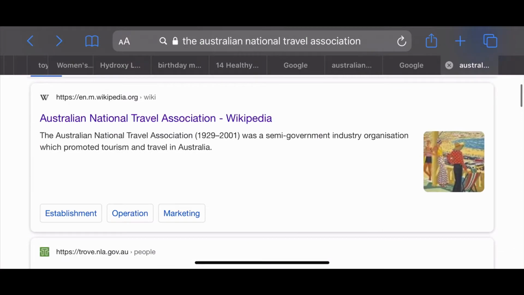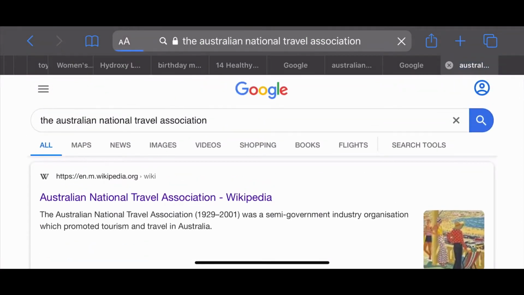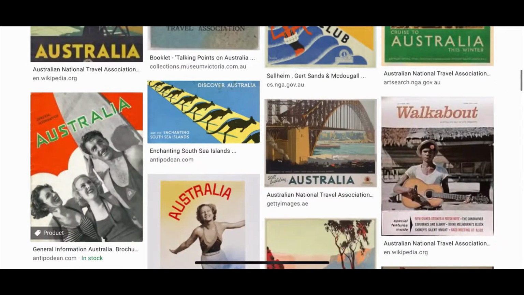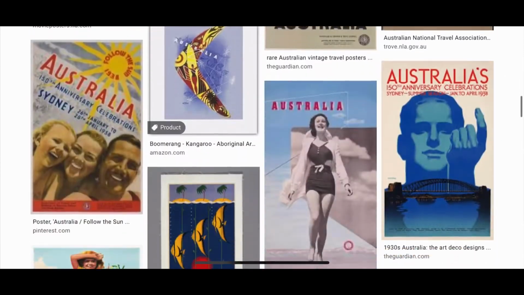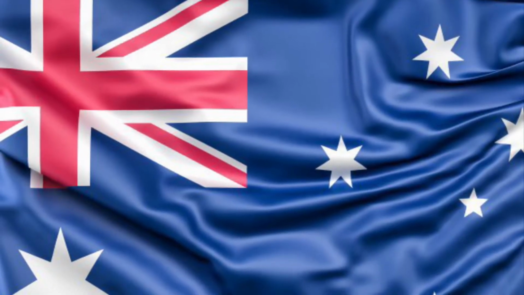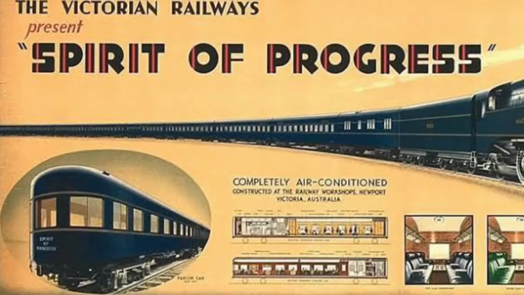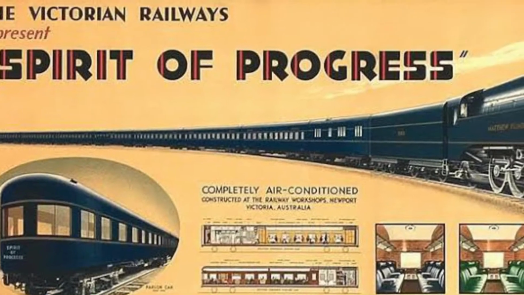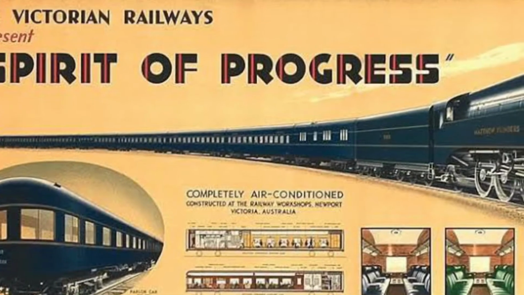Through their graphic designs and their travel posters, they highlighted Australia to be the number one travel destination for tourists. Their travel posters also illustrated the characteristics of what was to be considered as the Australian culture and image at this time. The Spirit of Progress advertisement was printed in a promotional booklet in 1937 to mark 150 years of European